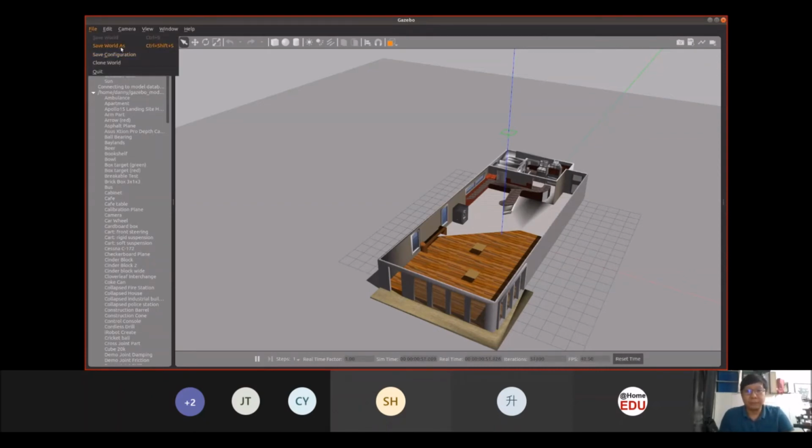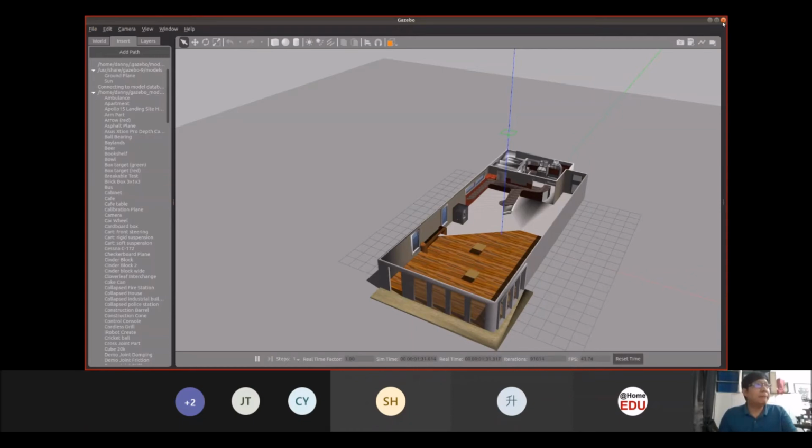Once you save your work, it will generate all the files that are needed, linked to the location. And with this, you can build any environment that's needed, for example, if you're working on your own robotic project. Even if you are doing an at-home competition, depending on the requirement, you can build a room based on this.